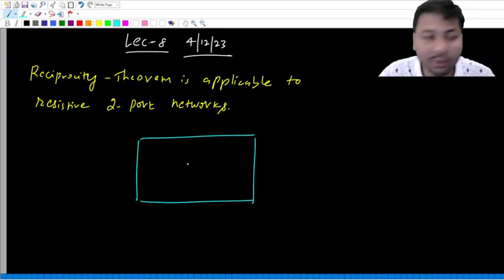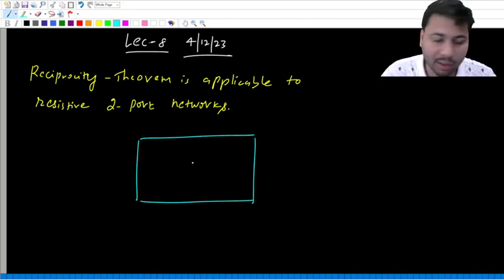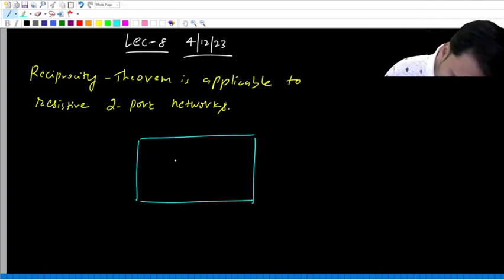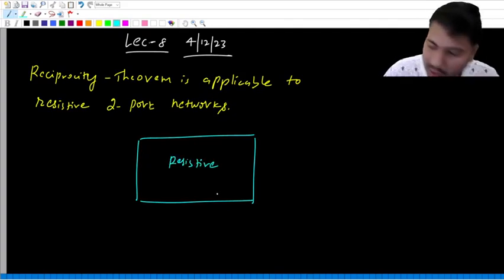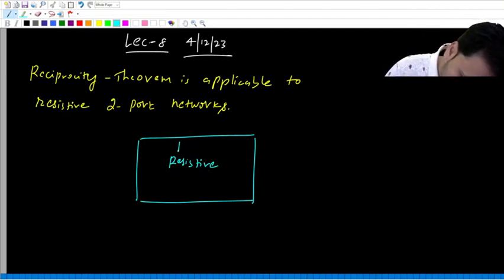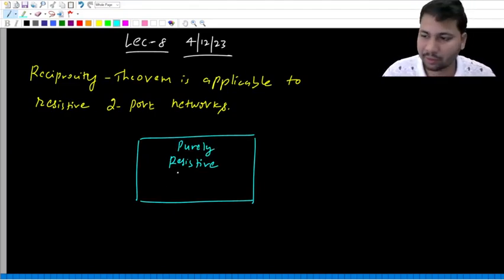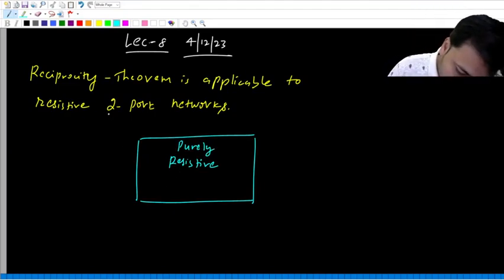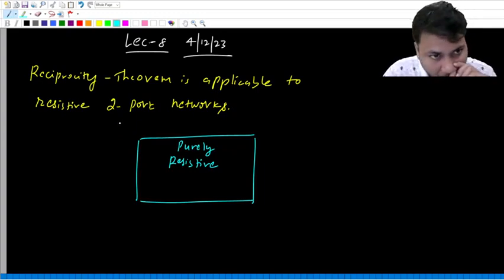Okay, we don't have voltage sources, we don't have current sources, and we also don't have any dependent sources. All we have inside the box are resistors. So this box is purely resistive. Okay, so let me write that it is purely resistive, and the network is a two-port network. Okay,